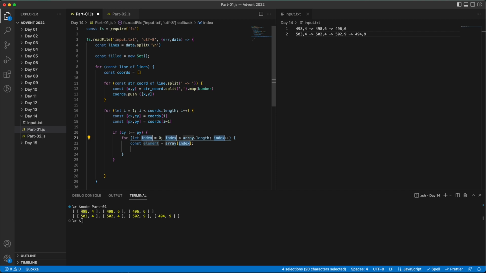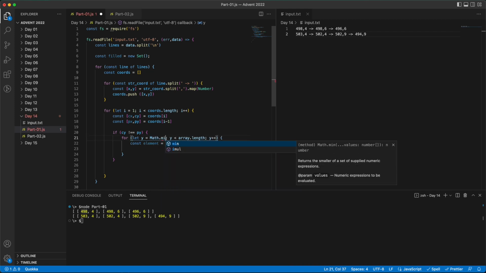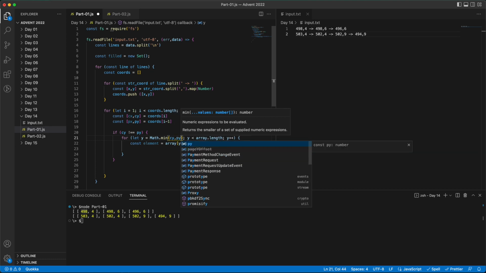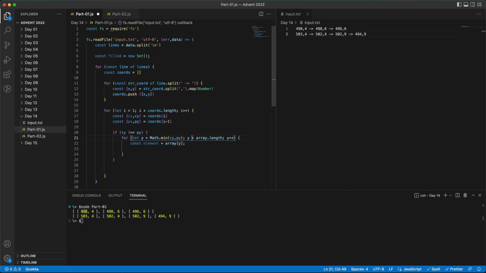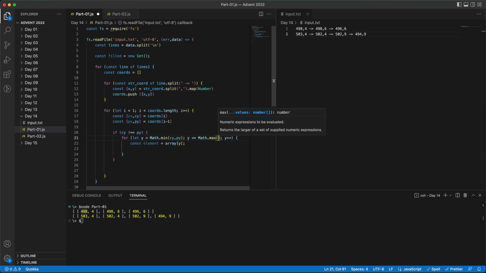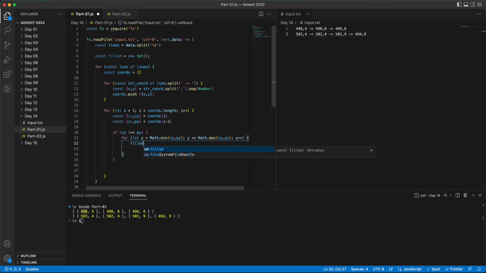I would say for y, and I'm getting the minimum of the two values of cy and py, like this, and we will go up until we get to the maximum of the two values, Math.max of cy and py, and we're adding 1 to the y, and what we do is that we use the add method for the sets